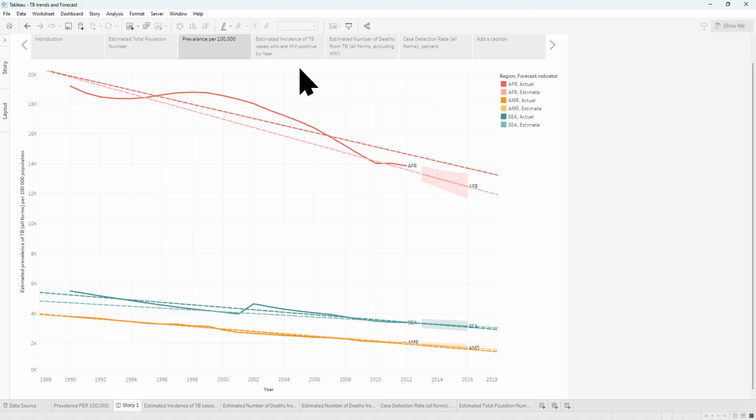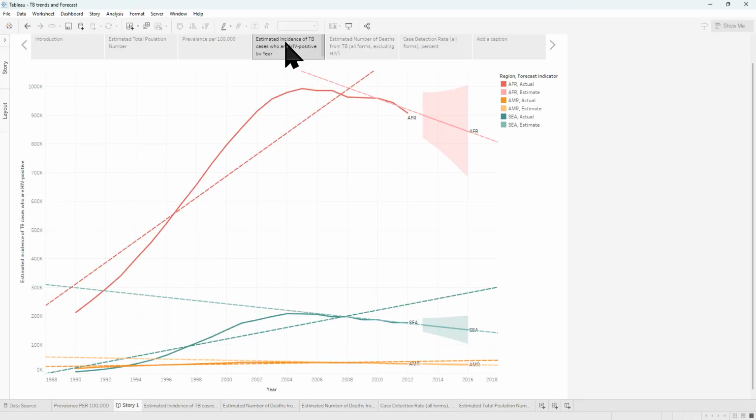We'll move forward and talk more about HIV, which, significantly, we're finding can coexist with tuberculosis, and there's some estimated incidence of tuberculosis cases with people who are HIV positive. Africa has had a steady increase, as you can see here, with about 30% of the cases co-infected with HIV. Somewhere around 2004, 2005, they made significant strides and started to plateau downward, which is good. The Americas are pretty much steady across the board. Co-infection in the Americas is significantly lower, 8% as compared to 30%. That's for a lot of reasons: less of a health challenge, more public health awareness.